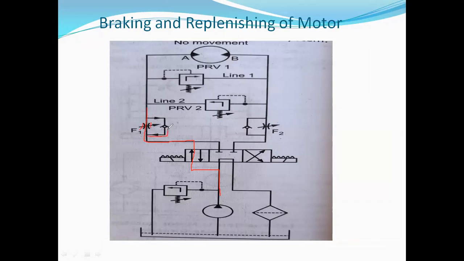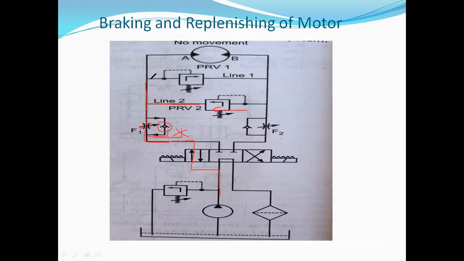In that case, your check valve is closed, so we can't supply the oil from this direction. So it is the only way to flow from this direction. Then oil will start flowing at this portion, but here is again a one-way opening, so oil will flow from this side to this side only.